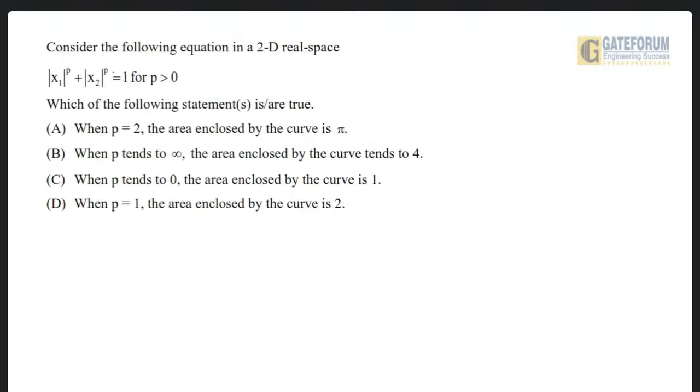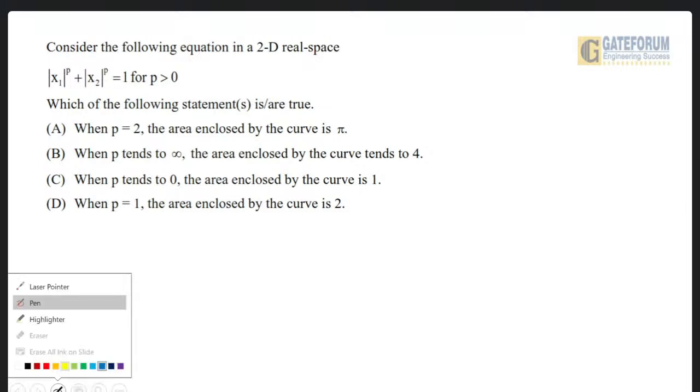Now the question is, consider the following equation in a 2D real space, mod x1 power p plus mod x2 power p is equal to 1 for p greater than 0. Which of the following statements is or are true? 4 options ABCD given. This is from engineering mathematics from the topic calculus basics, coordinate geometry, miscellaneous type question. And the solution is,